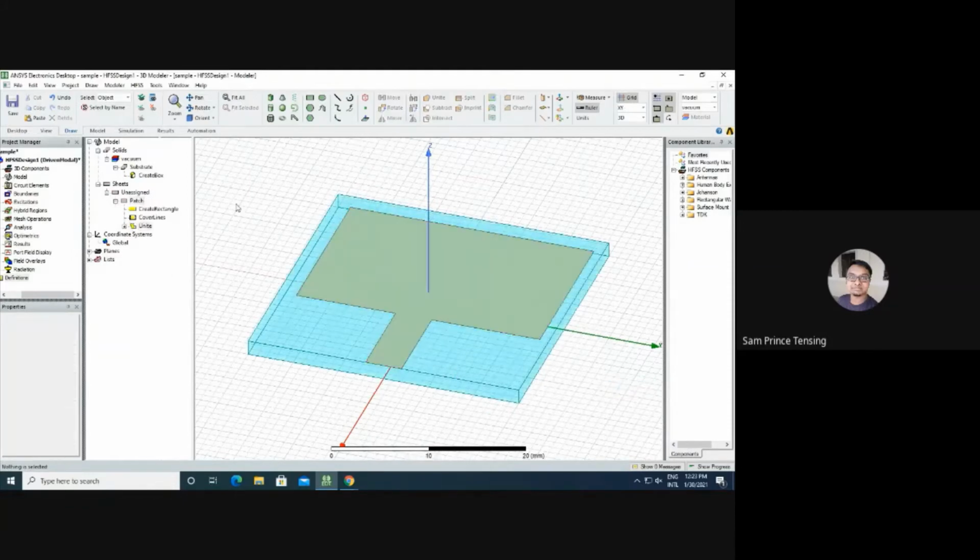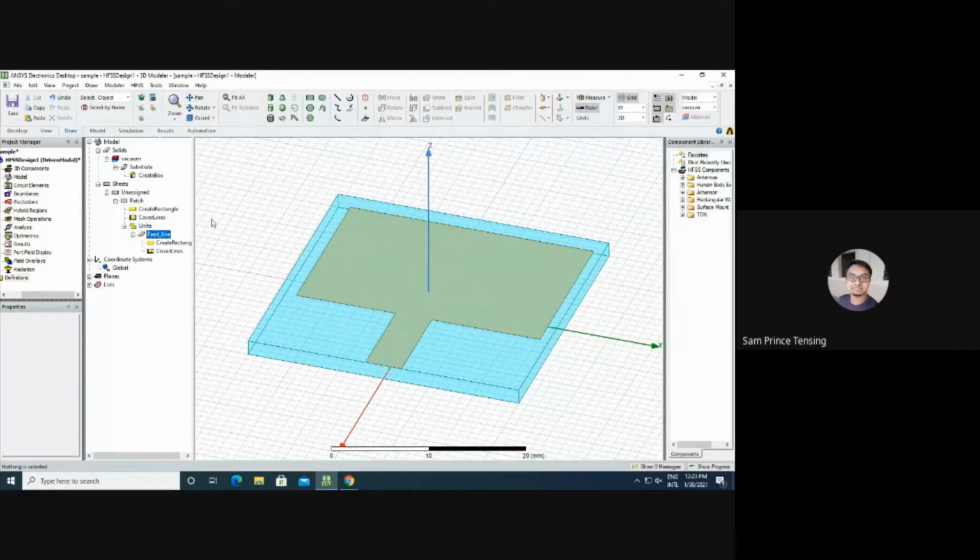So I've united it. Now you can see here in the side part, under unassigned, the patch is there, and below that one portion called unite is there. If you expand the unite, you can see the objects which have been united.